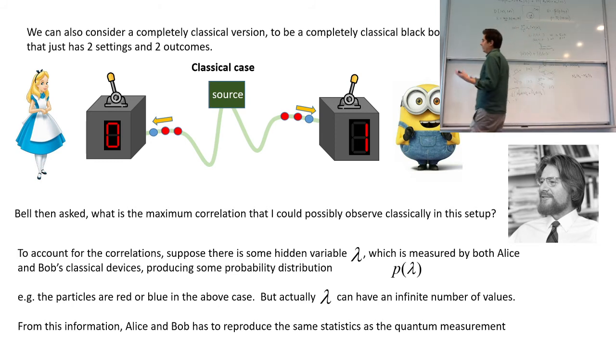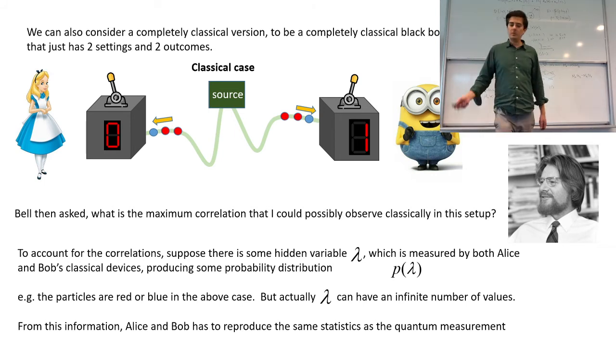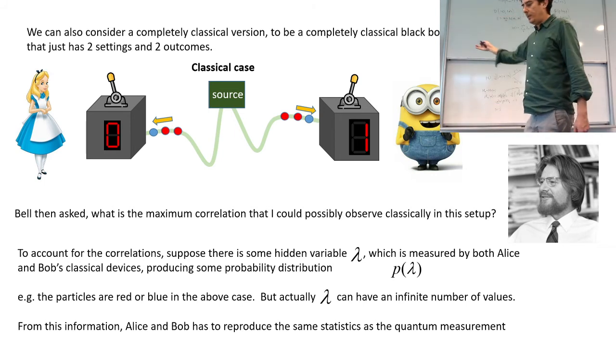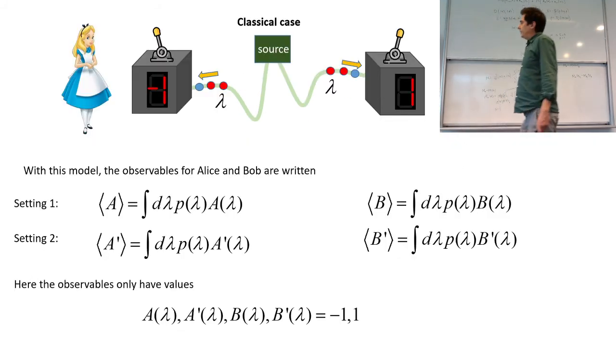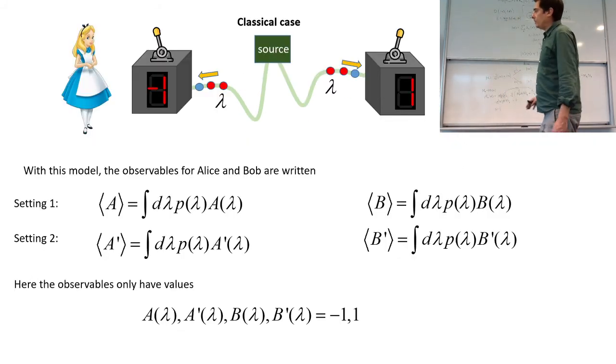And because we're looking at correlations, trying to figure out what our correlations are going to be in terms of this probability distribution, basically, from this kind of setup, Alice and Bob want to reproduce the same kind of thing as we saw in the quantum case. Okay? So, in the classical setup,